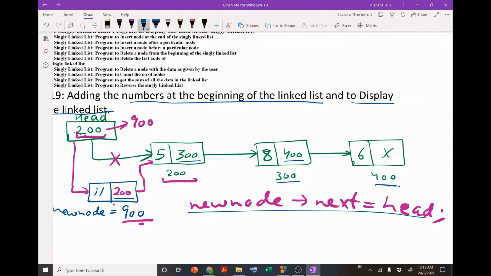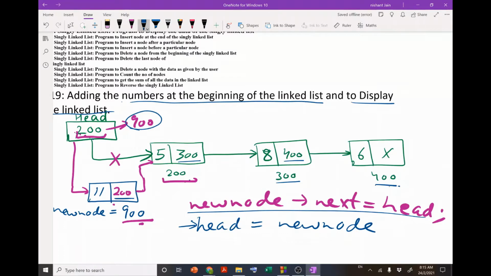And now if I write head equals to new node, then the execution of this line will place 900 in the head. Okay, so apart from this, I do not need to do anything else.